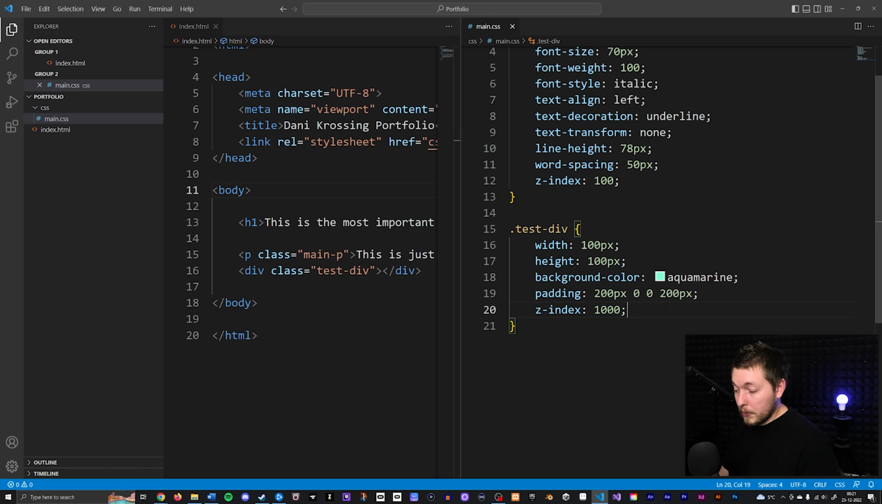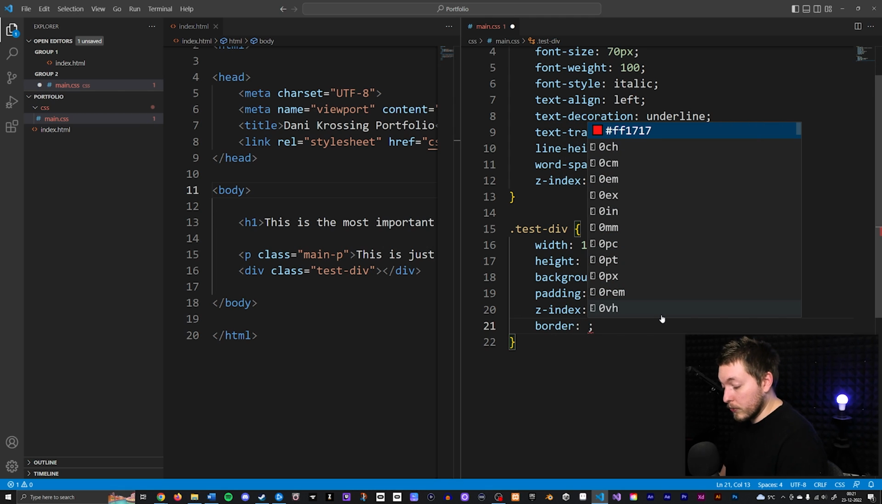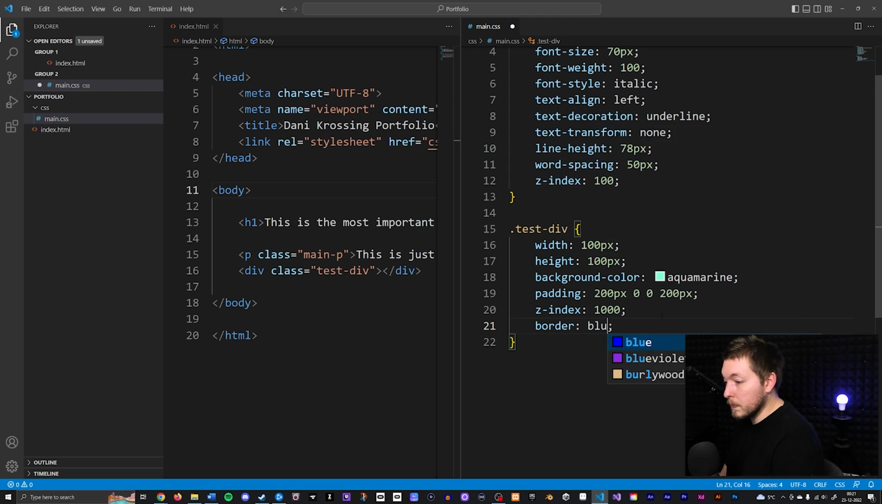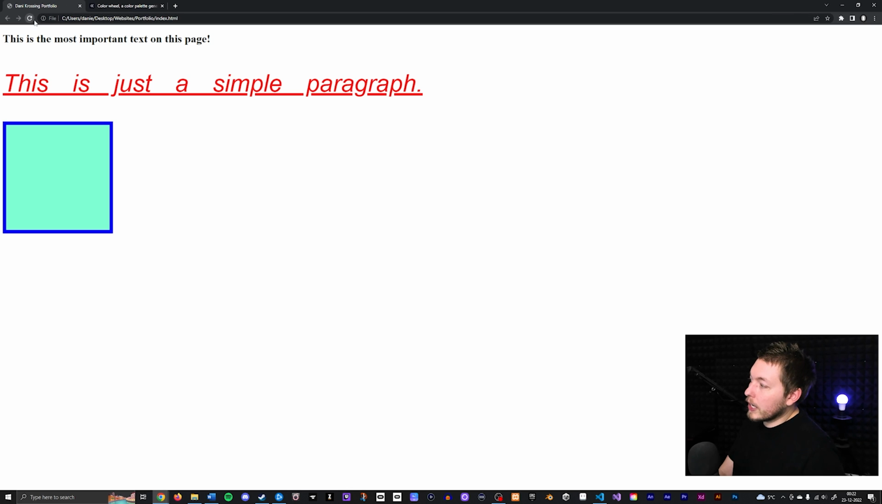So for example, inside this particular div box that we created here, I can say border. I can give it a color. For example, we could say I want it to be blue. Then I could say I want it to be solid. And I could tell it I want it to be a certain size, so I could say 10 pixels. And just like this, if I go back inside the website and refresh,